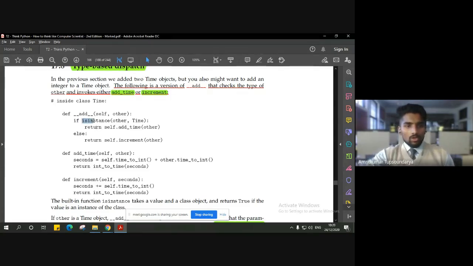What isinstance does is take this value, that is other, and the class, like time, and simply return a boolean value, either false or true. That is nothing but whether that particular value is an instance of the class or not. If it is an instance of the class, it returns true, or else it returns false. So that's how this particular line of code is able to decide